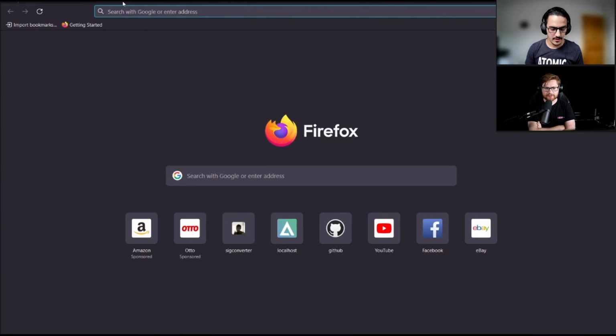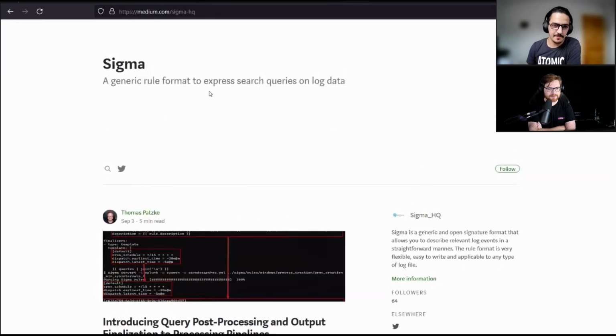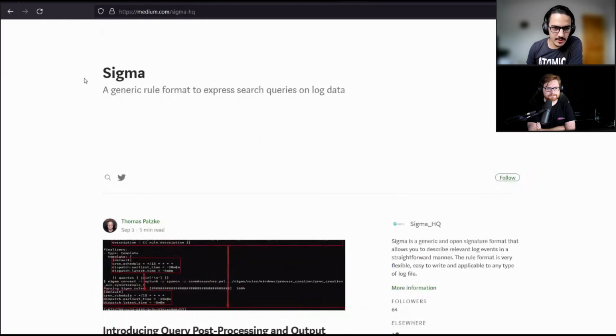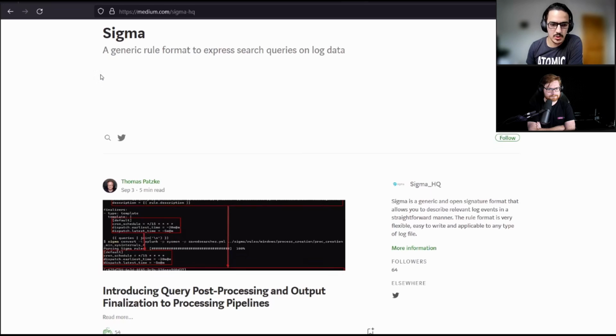I think just before Sigma Converter, the middle of your screen, maybe. Here it is. Yeah. If you want to keep up with the things that we're going to do in the next few weeks and months, for example, we're going to be releasing a dedicated Sigma website and a lot of cool tutorials, especially a beginner-friendly tutorial on how to write Sigma rules, how to build maybe a backend if you have a custom SIEM or custom query. Yeah, those are all coming in the next few weeks. Oh, so tune in. I can't wait.